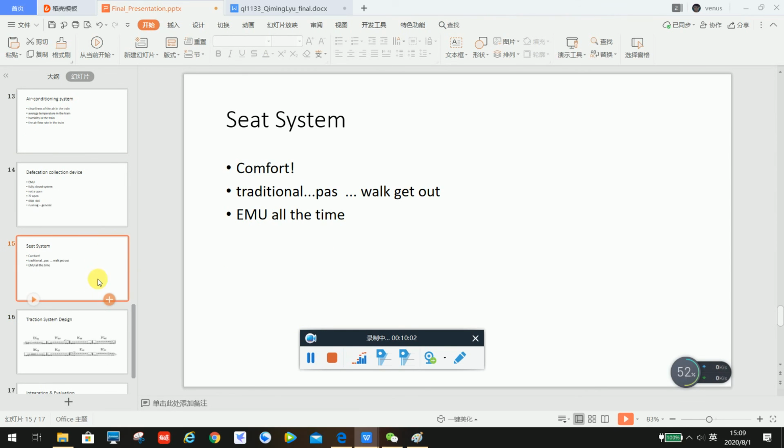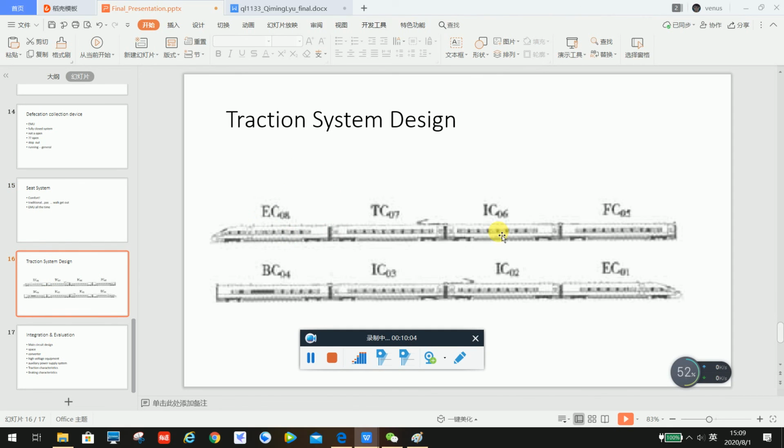Then let's look at the EMU system. We can see in China there are 8 cars for a train set, and 2 of these sets make 16 cars. The biggest size is 15